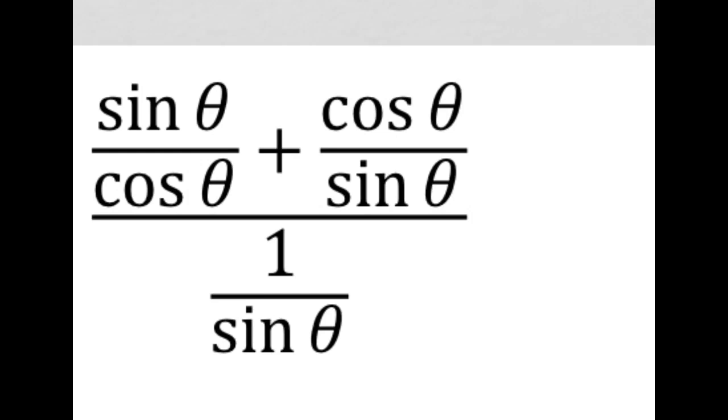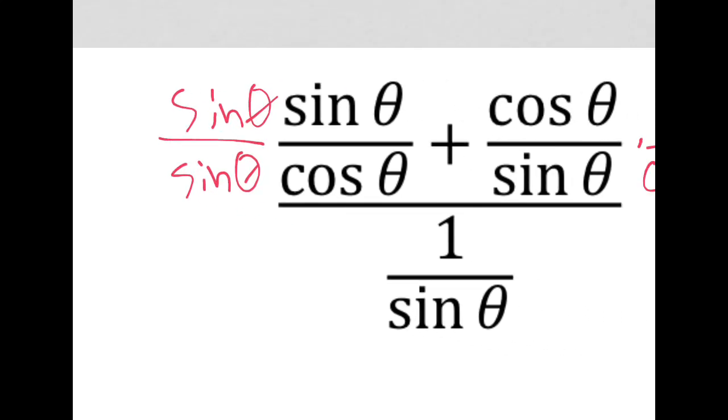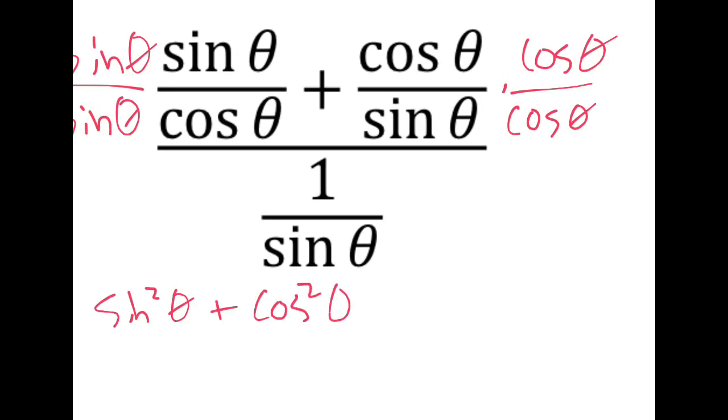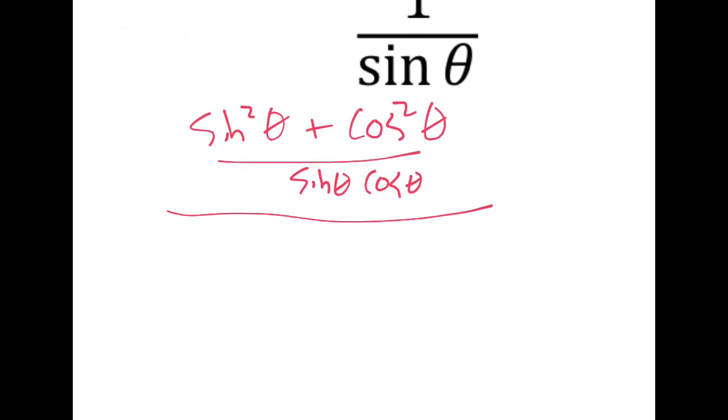and multiply them together. So our common denominator is going to be sine theta cosine theta. So we need to multiply this side by cosine theta over cosine theta. And that's just equivalent to 1, so we can do that. And we're going to multiply this side by sine theta over sine theta. And so, what do we get? Well, in the top there, we get sine squared theta, sine times sine, plus in the top over here, we get cosine squared theta. And all of that is over sine theta cosine theta, and all of that is over